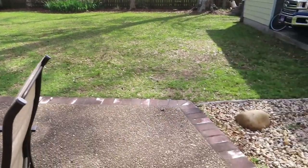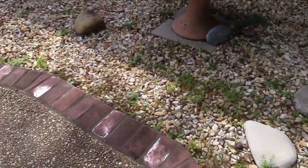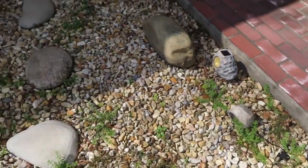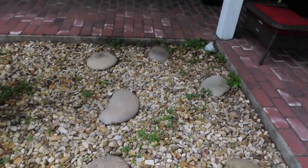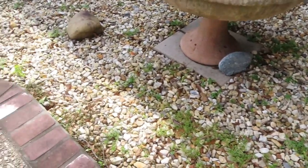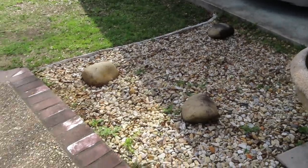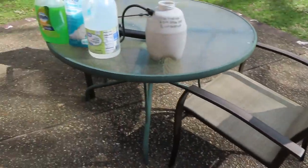Alright, it's gotten warm and the weeds are going crazy in my rock garden. So I like a weedless rock garden. So the weed killer I've used for probably a decade is my